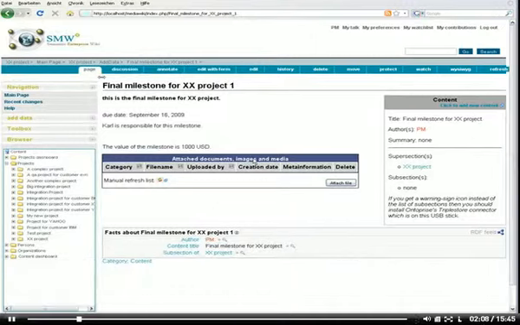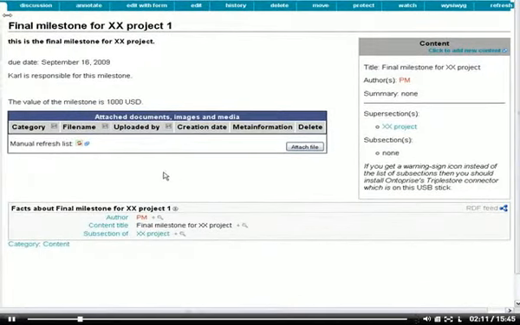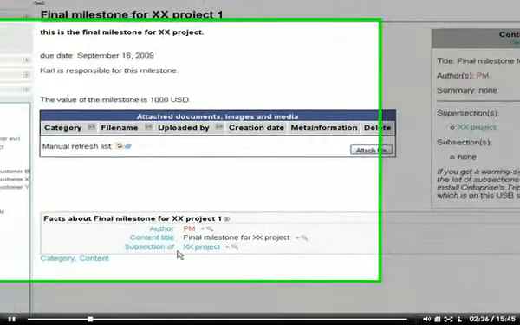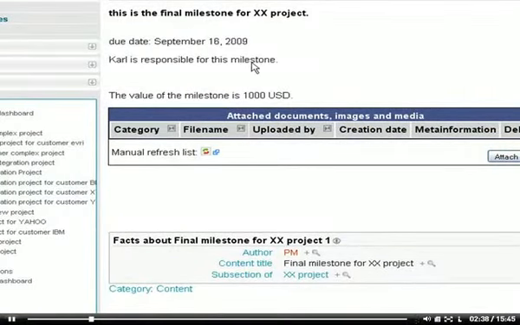I'm saving the article, and the article is rendered now, and in the bottom of the page you should see the fact box. Here the machine tells you what it understood from this article. Currently you see some data identifying this particular piece of content. You've got the author, the content title, and the section this article is assigned to. But apparently the machine does not understand much about the milestone itself, namely the date and the responsibility and the